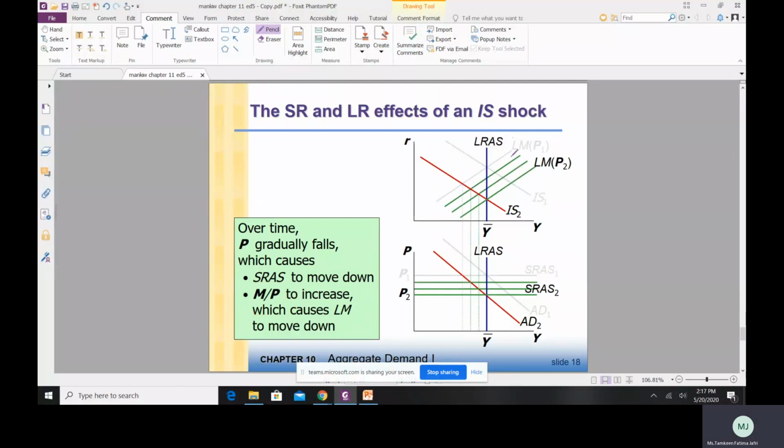Okay, so this is the final picture here. What you see over here is that in the short run, because of a decrease in aggregate demand, I move from this point here, the initial equilibrium, to this point here. ठीक है? So in the short run, मुझे पता है prices sticky रहती हैं. So at the same price level, my production decreases, which is below the full employment output level. So this is going to result in a decrease in price level.